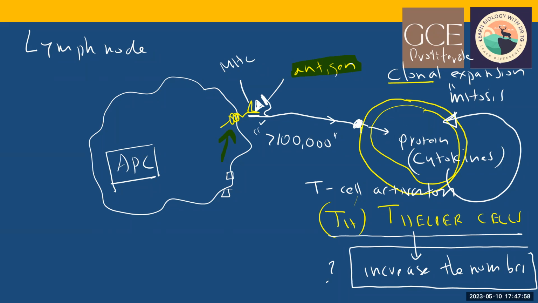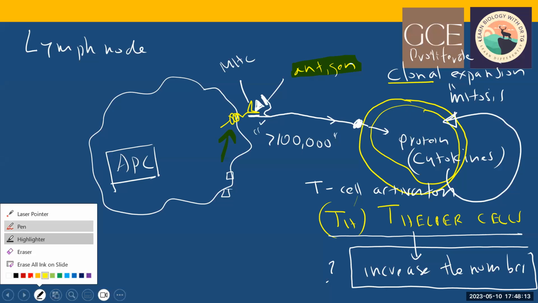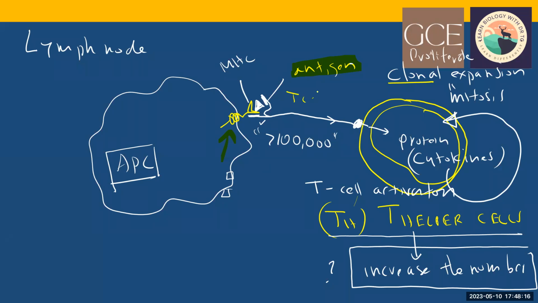So then I mentioned the T helper cells. They try to identify this antigen with MHC, and when it binds, this is the T cell receptor, right? So the T cell receptor binds with the antigen, and then it activates. So I mentioned how this activation process works: there is a protein called cytokines produced by the T helper cells. These cytokines act on T cells